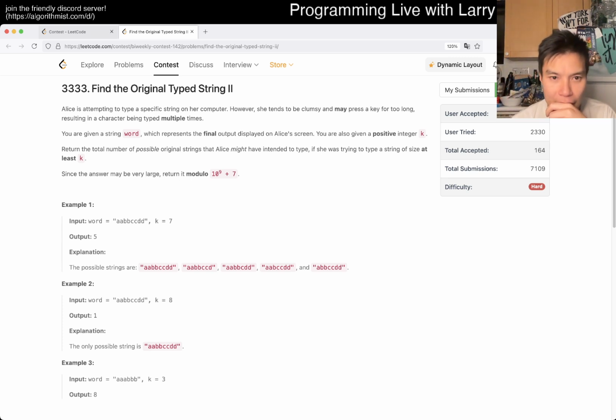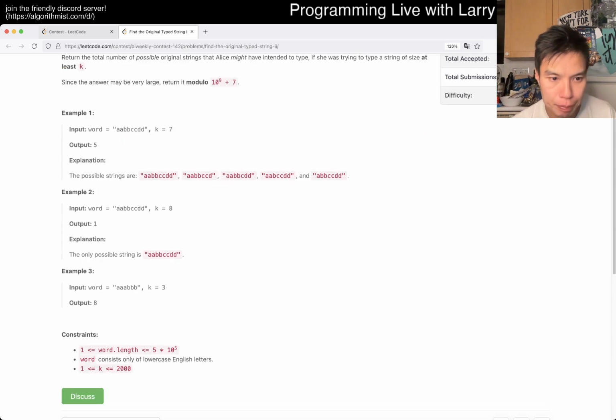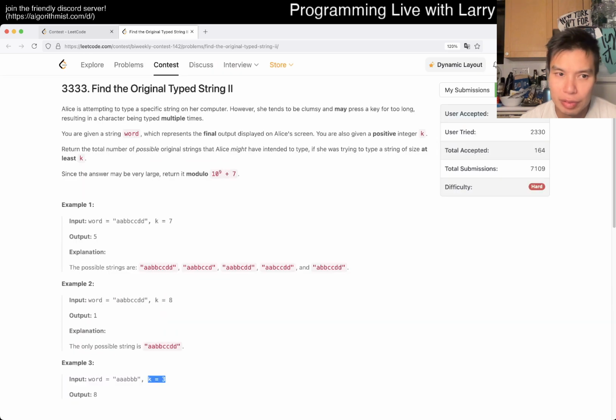What does it mean? What is k again? Okay, so if there's no k, what is the answer? If there's no k, this is 2. Is it 2? There's one string for the original string, which is 0 A's and 0 B's. What is k? Oh, k is length 3.